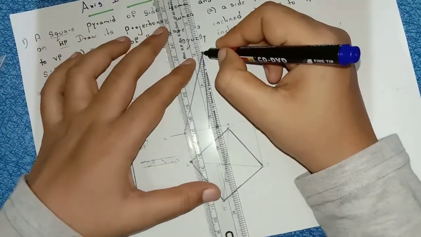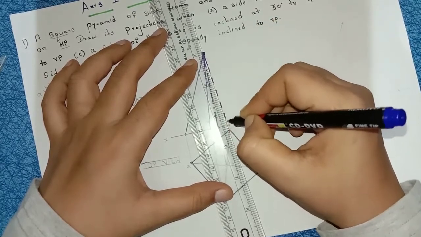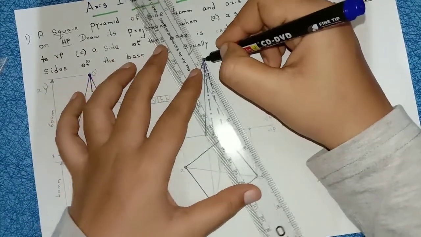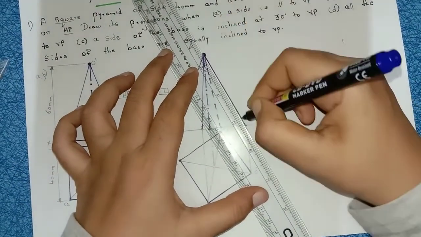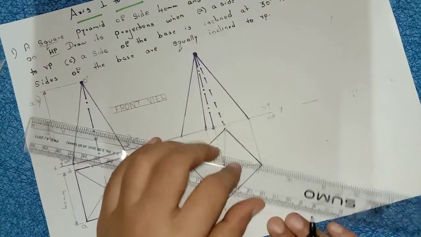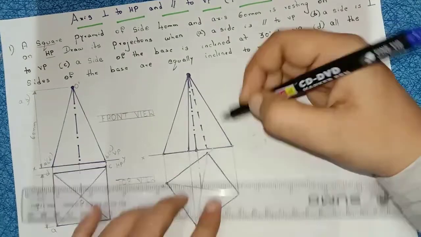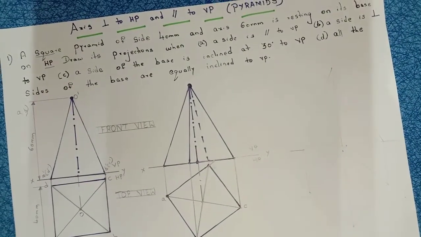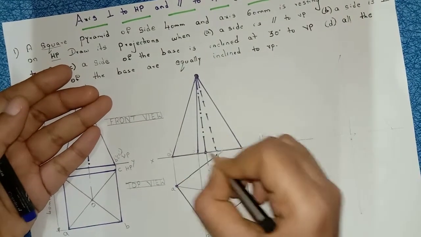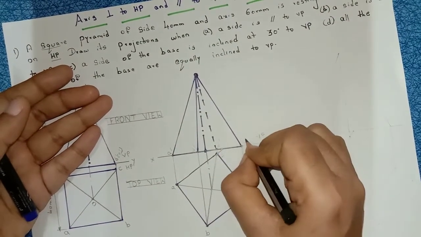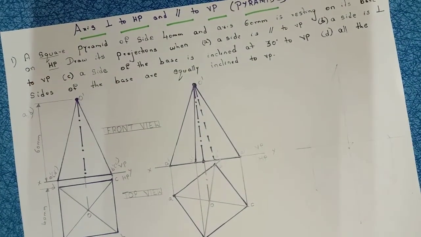Right, and so this is the back portion of the square pyramid, so we can't see this portion. That's why I have drawn dashed lines here, right? And this base also should be dark, right? Coming to naming the points here, this is A dash, B dash, D dash, C dash. This point is O and this point is here O dash, right?